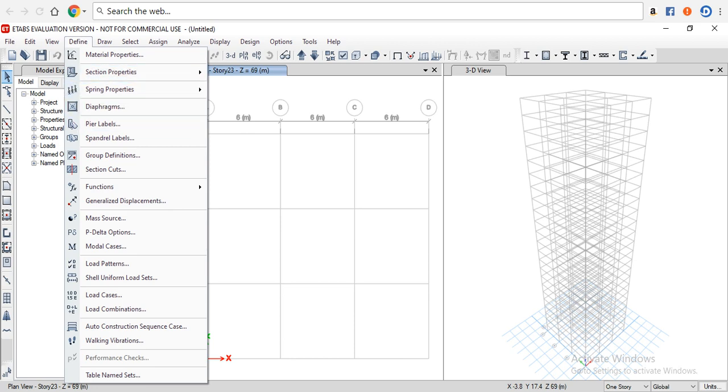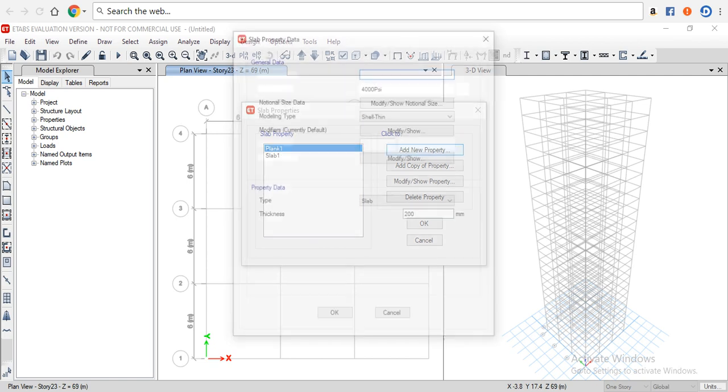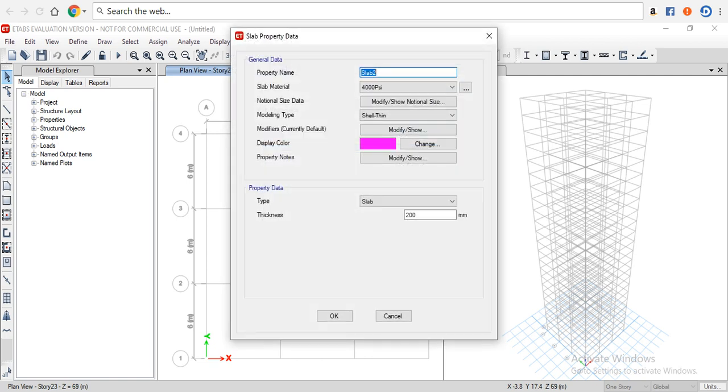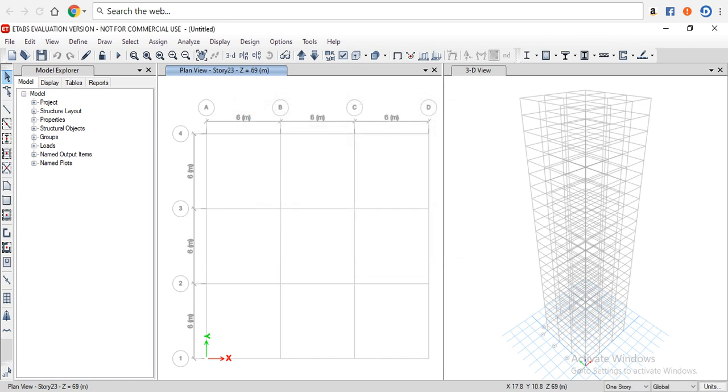go to section properties, then slab sections, add new property, slab 150, give the name like this, and the slab material is M40. Change here the thickness of slab to 150 mm as given in the question. Then click on OK. Click on OK again. Since slab, beam and column properties have been successfully added,